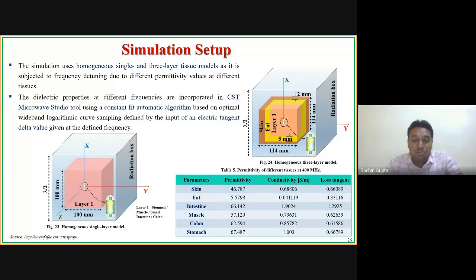Okay. Yeah, actually when we do simulations in CST, it will provide input power according to the frequency. Since here the frequency band